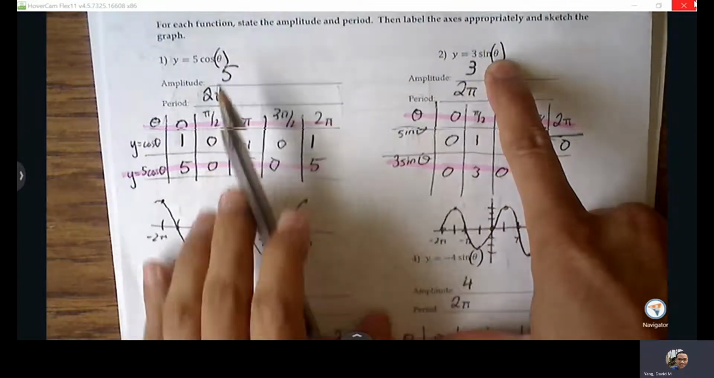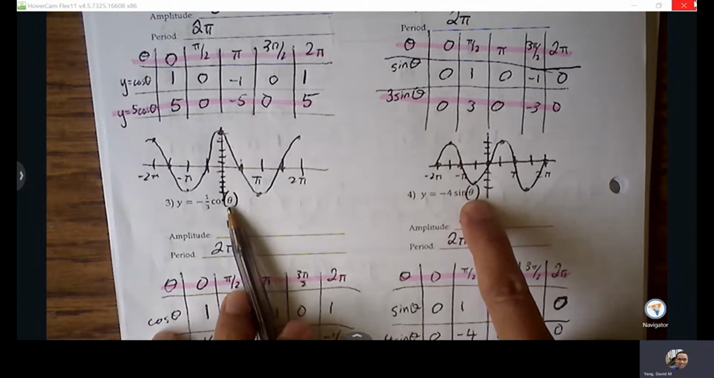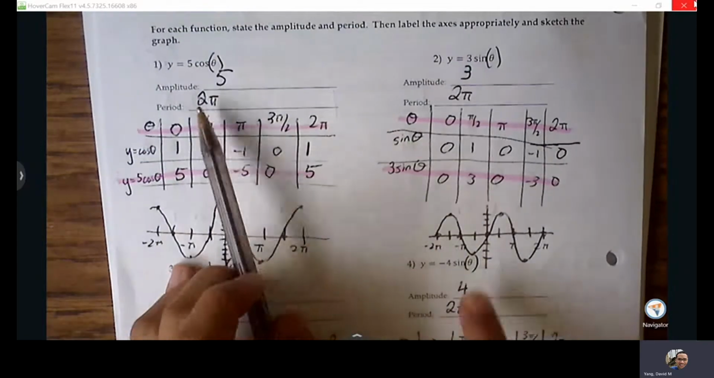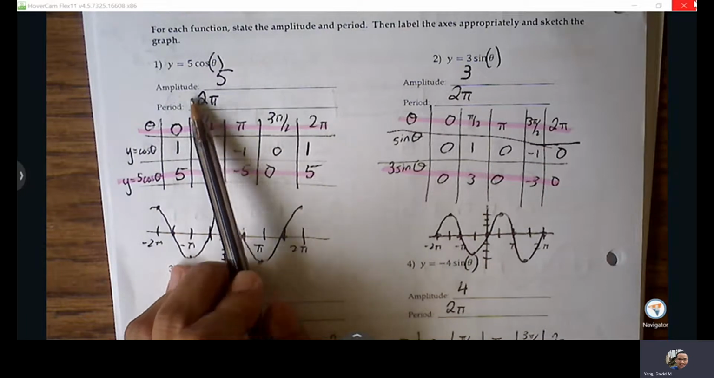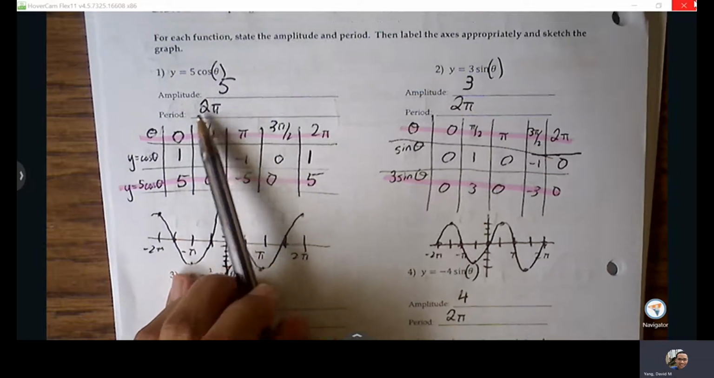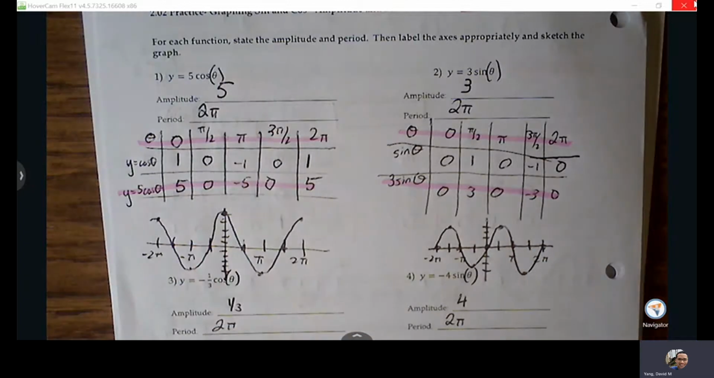And look at all these theta values. There's nothing impacting that theta value. There's no coefficient in front of that theta. There's no divisional expression that is part of it, which means that your period is not going to change. It's going to be your parent 2 pi. So now if there's anything done to that theta, then we're going to be experiencing a stretch or a compression